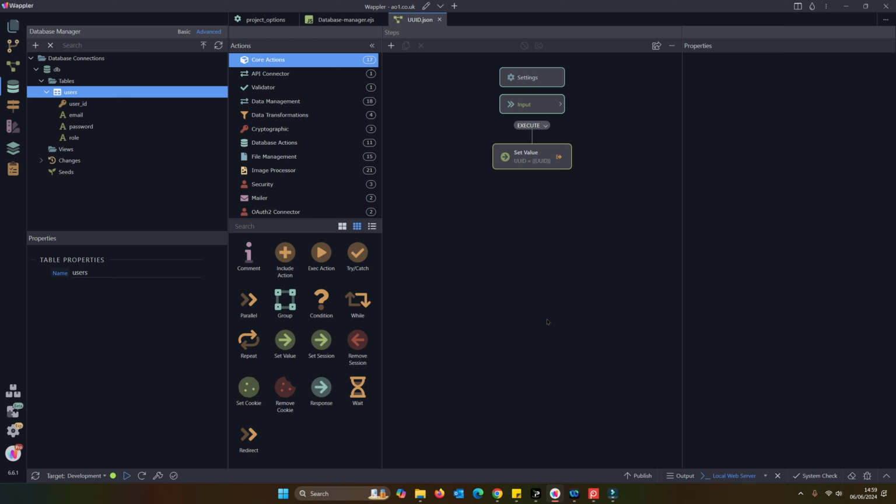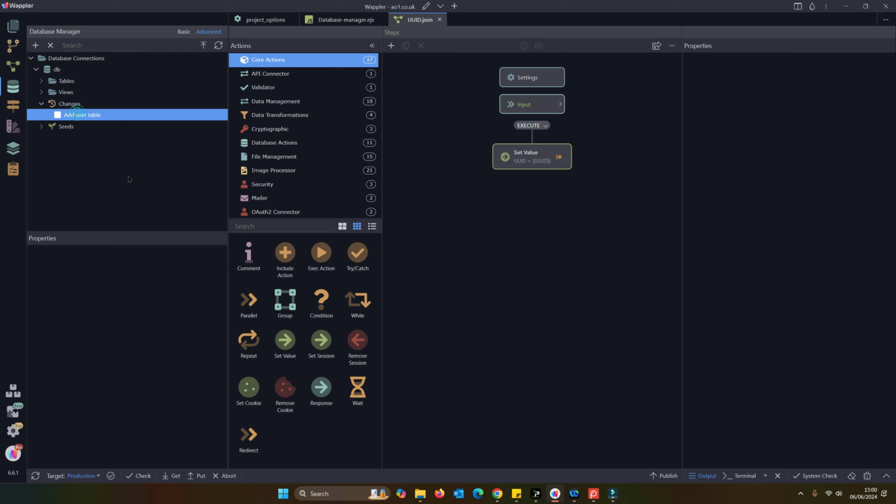We need to replicate that now to our production environment. How do we do that? Well, you see that change now has been added to the changes. It's showing as a tick because that's been applied to this particular target, in other words the development target. If I go into my production target, we've got our add user table option.